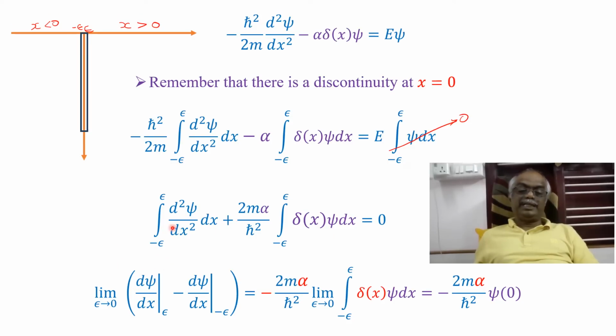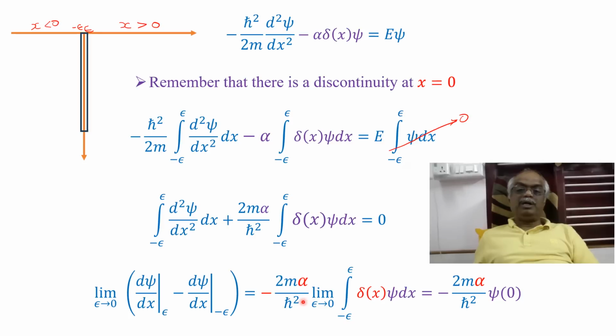Then you integrate, when the limit tends to 0. If you integrate the second order derivative, you will get naturally the first order derivative. Of course, you have to apply the limit. So the upper limit is epsilon and the lower limit is minus epsilon. Of course, both are close to 0. Then you come to the left hand side. You brought this term to the left hand side, which is equal to